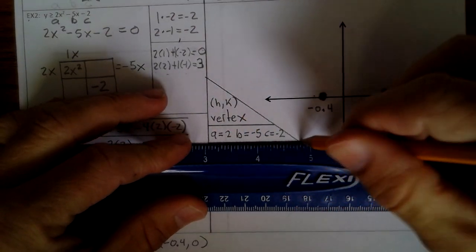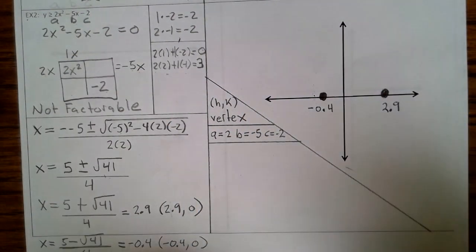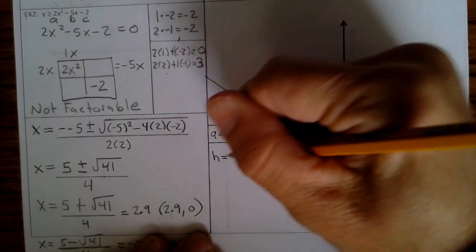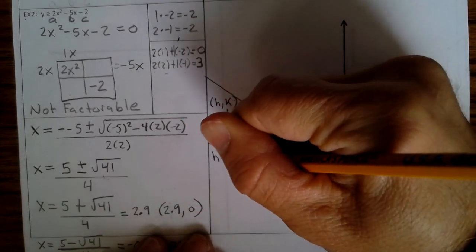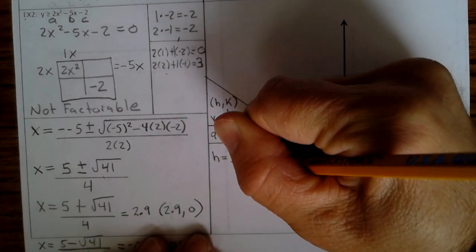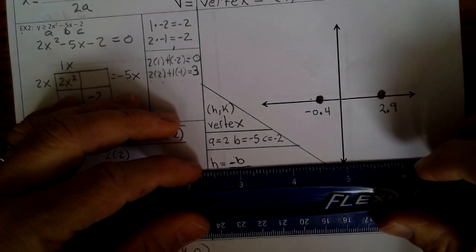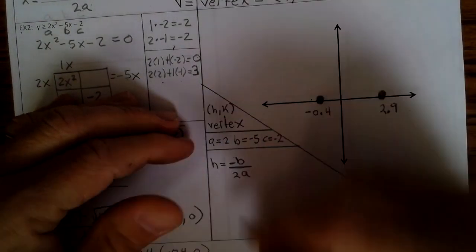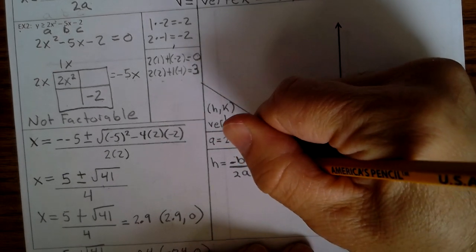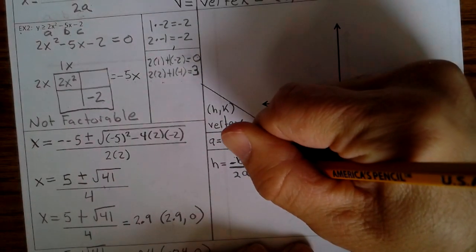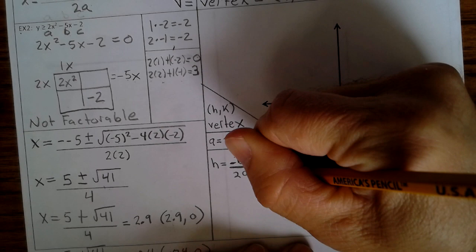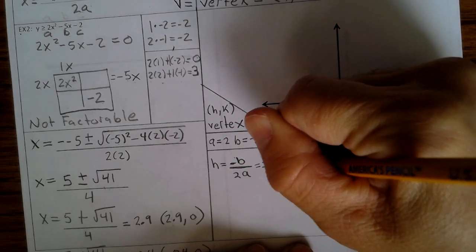Now, we know from the previous problem that to find h is negative b divided by 2a. So that equals a negative 5 divided by 2 times 2,